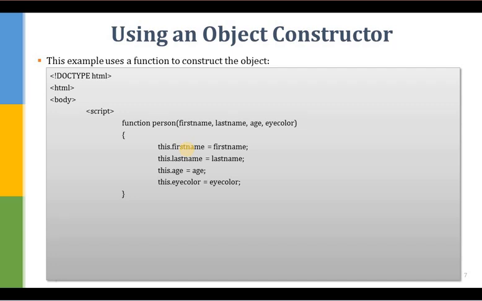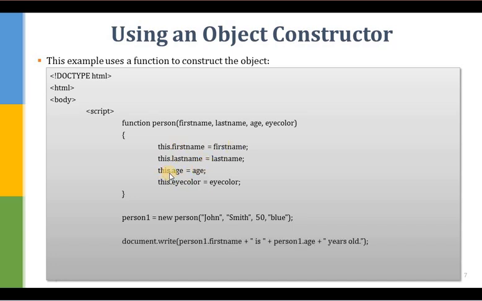But if I want to create an object using this function, how can I do that? Now you just need to add this simple line, that is person1 is equal to new person. Whatever properties there are, you just need to pass them as values to your constructor function. Okay, so new person. Now this person is our function. So whenever I write this line, it will call this function and assign these values using this line of code to that particular object. Now I can access these values like this because our original person object name is person1.